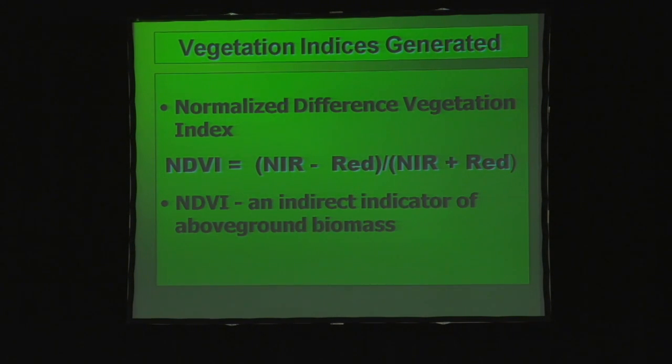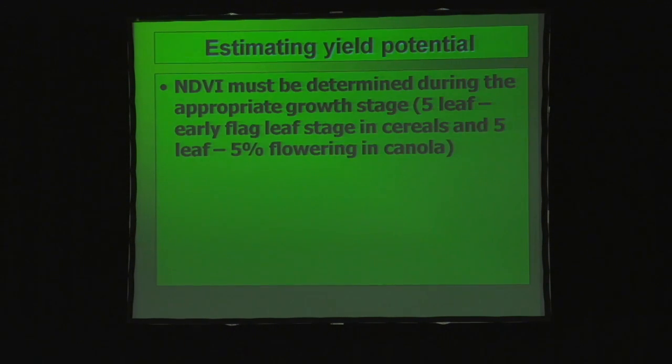And again, NDVI is an indirect indicator of above ground biomass. The more biomass you have, the higher the NDVI value. And this has been known since the early 70s, since the early launches of the Landsat satellite. So I just want to briefly